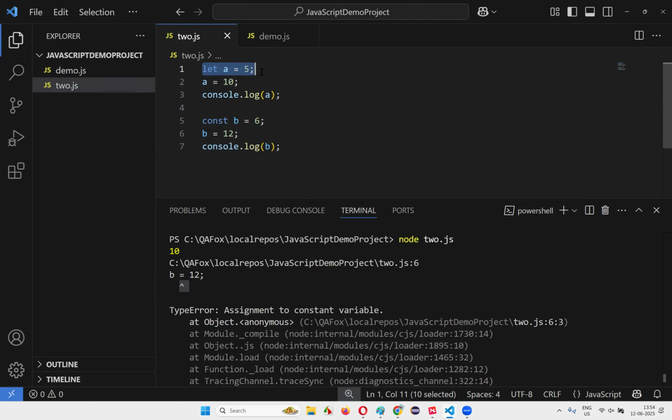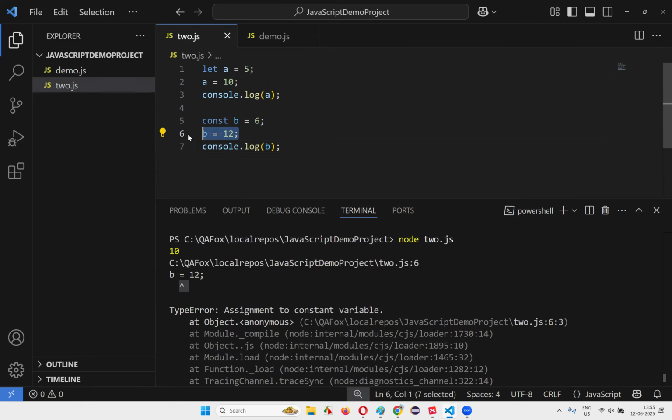But there is no restriction with let declared variables. Let declared variable values can be updated. It is actually a variable. Here b is like a constant, guys. Here a is a variable, b is a constant. A variable is something whose value keeps changing. Here a can be called a variable, but b is not a variable, it is a constant, whose